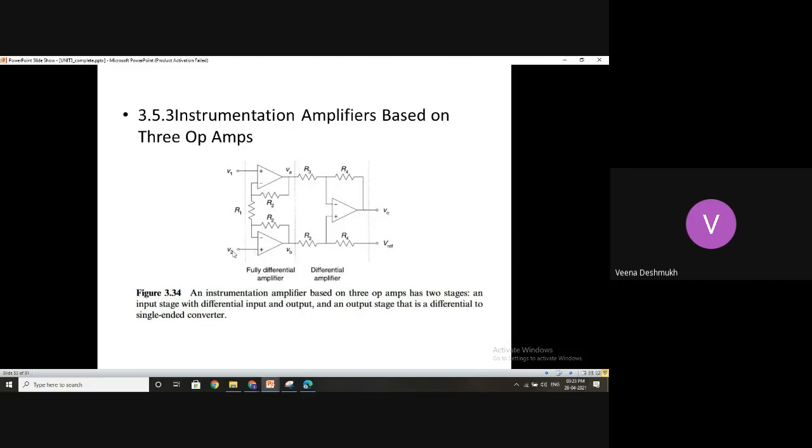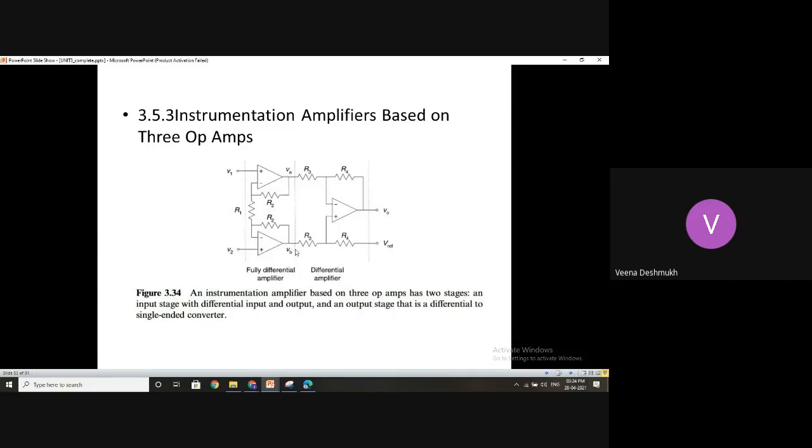Getting the point? Here, this point is directly connected to V2. This V2 is also connected through the resistor R1. So what is the gain? Here it is connected to the inverting terminal. So what is your VA? Effectively, this first op amp is getting the difference voltage from V1 and V2. Whatever difference voltage is available here is going to get amplified and available as VA.